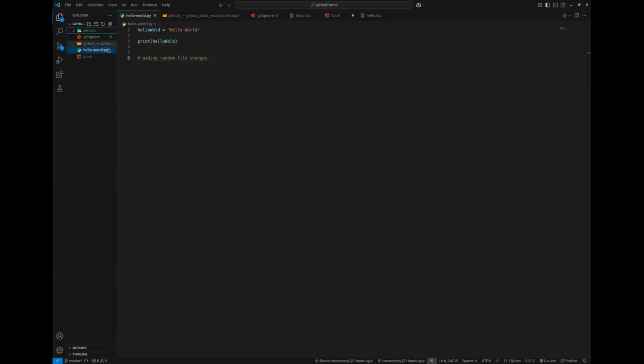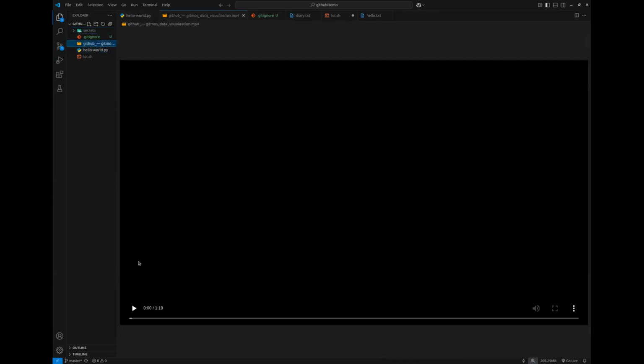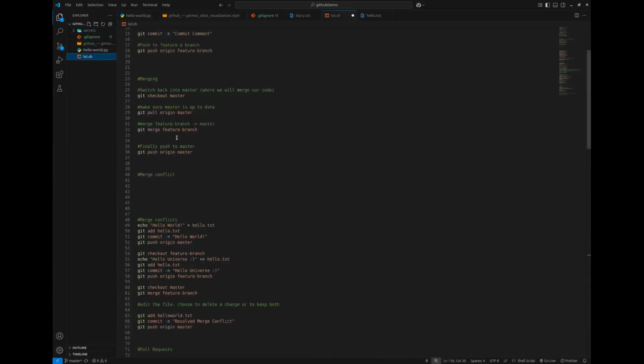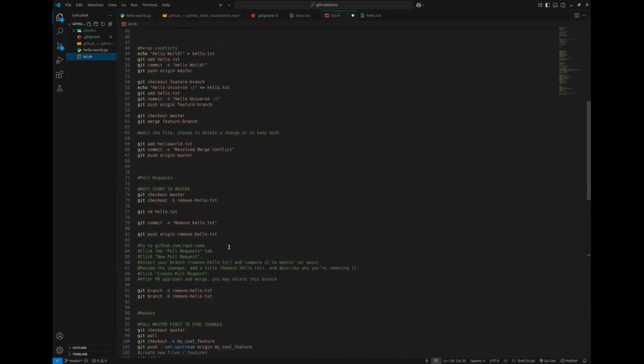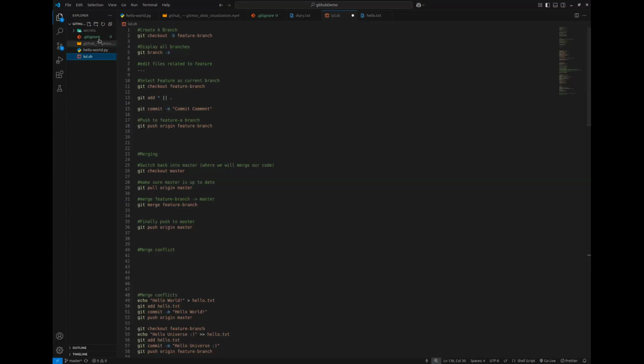So you just want to make sure there are certain things you don't want to send to Git. I also have this MP4 here of that little visual earlier. I don't want to send this to Git. I can't really get it there. And then I have all the little screenshots that I've made in this presentation. A lot of them are right here. I don't want to push this either.